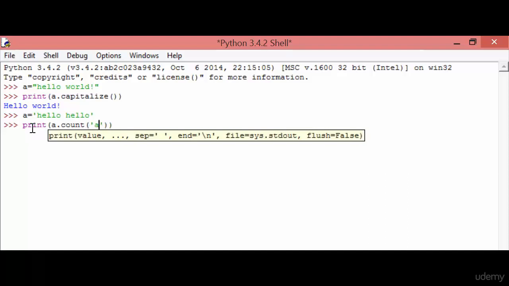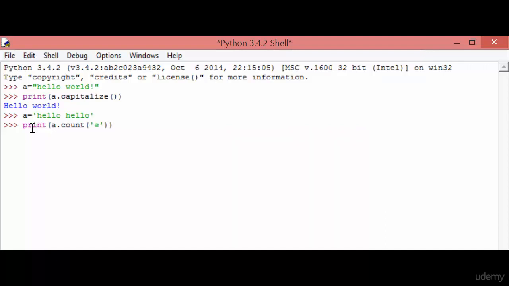Here I am giving E. So here we get the result 2, which means that E appears 2 times inside this whole string. Here E is once and the second E is here. So this is all about the count method. The count method will simply count the character.